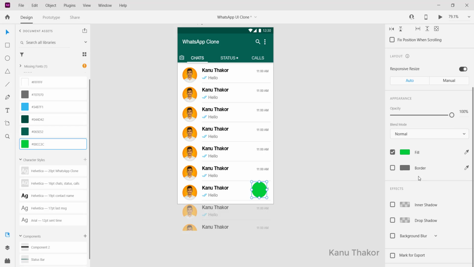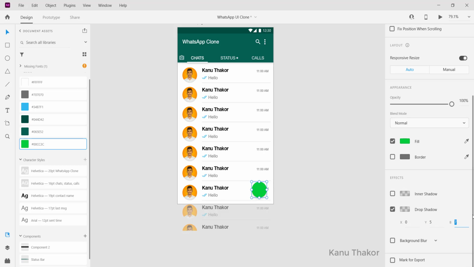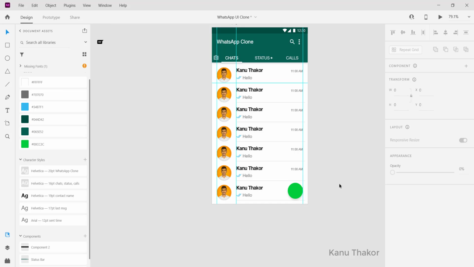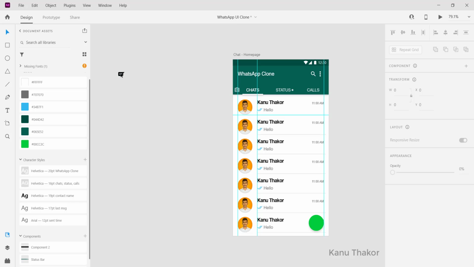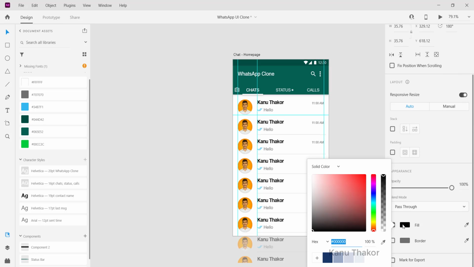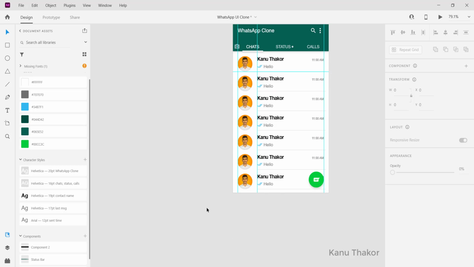Then we will add a drop shadow on Y and a little bit of blur. Then we will align it to the right side guide and make it perfectly aligned. After doing that, we will drag this icon and place it on top of this button, then change its fill color to white, and arrange it in the center of this ellipse. And here we have designed this button.